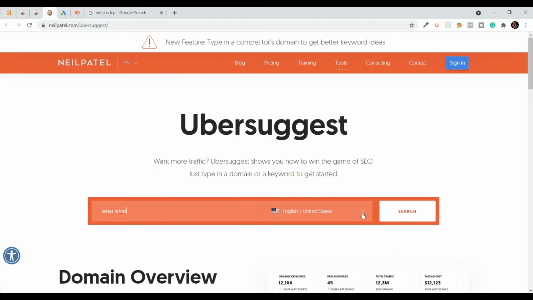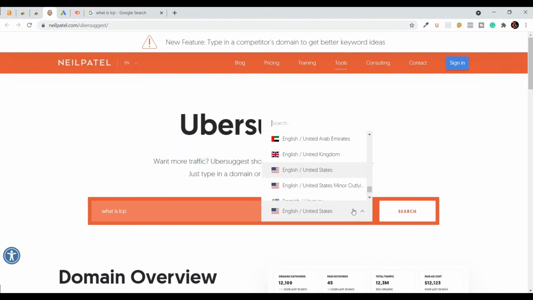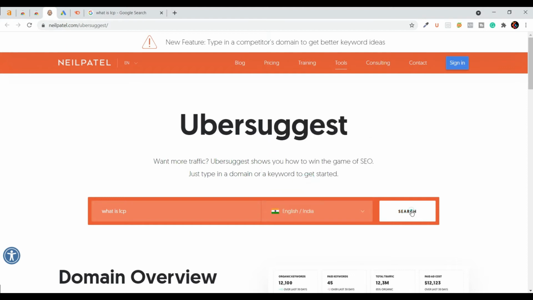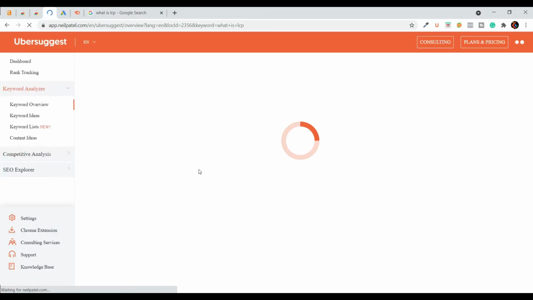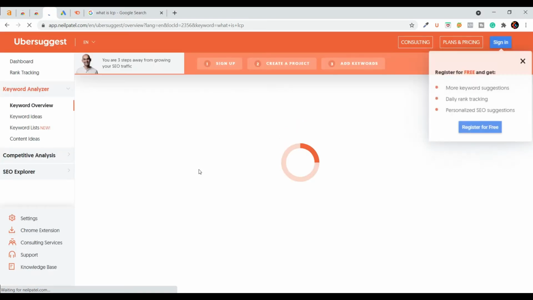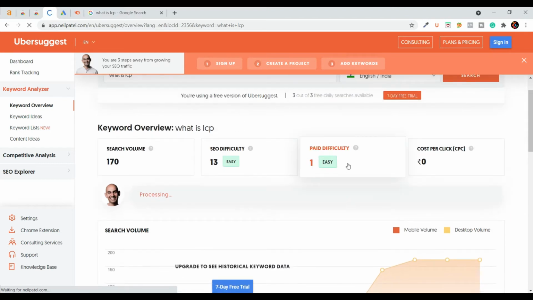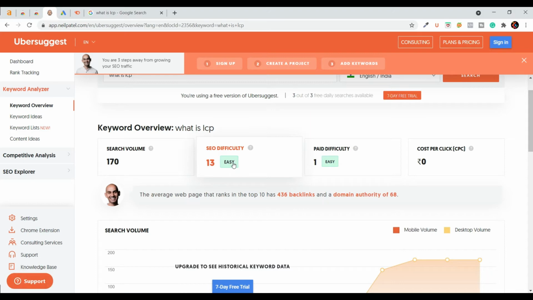Here you can change the country and search. Here you can see the search volume is 170 and search difficulty is 30. This is a really good keyword for a blog.